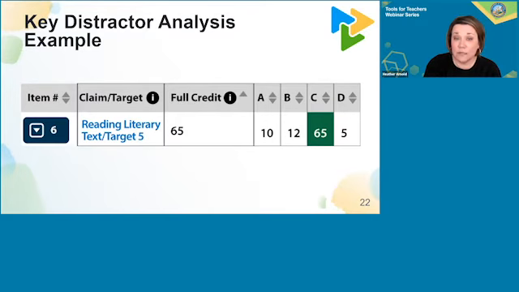This item would be appropriate for reteaching in a test protocol format in which students are required to participate in a partner share activity in which they explain why answer option C is the most correct and why both A and B are incorrect. Key distractor analysis can be very powerful for students.